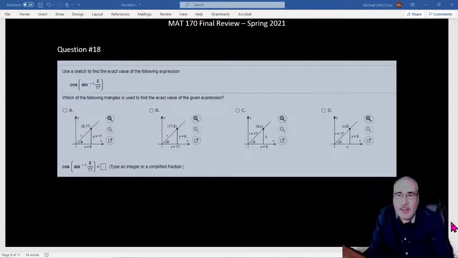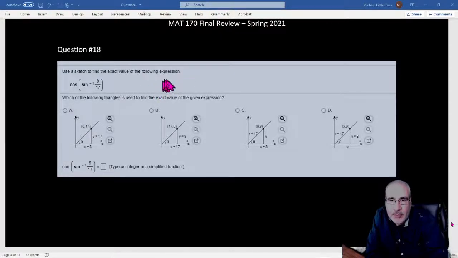So question 18, we're asked to sketch this out, figure out which one of these is correct, and then actually get the value. So we've got to get two things right. It's not just enough to get the correct value, but to actually get it. So we start from the inside. The inverse sine is 8/17. So remember that's,